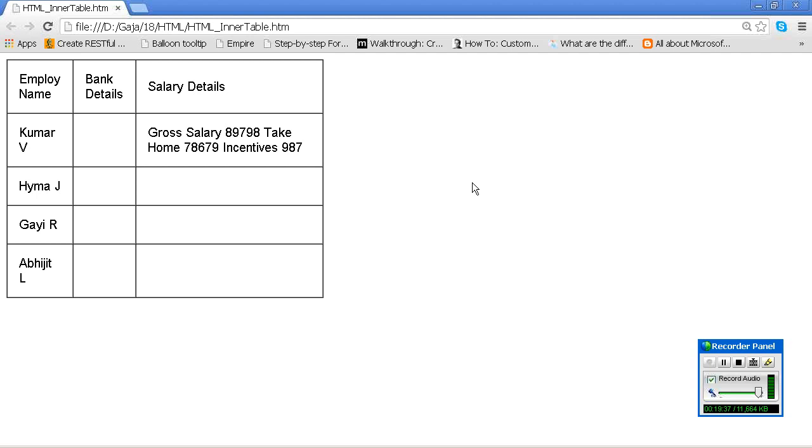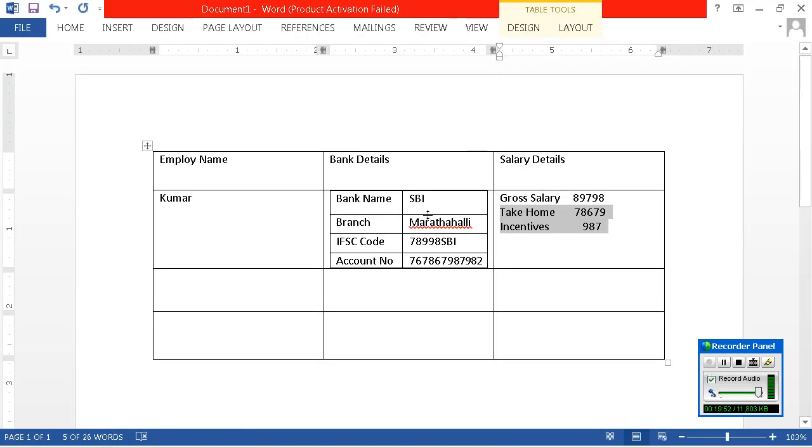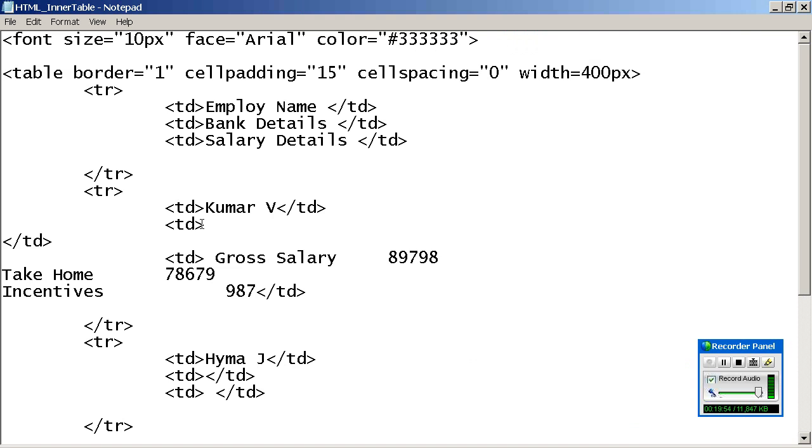Do you understand? Okay. Now I will tell you one thing. See, it is adjusting along with the data, but I want to fix it. I want each and every string to have a unique width. Then what can you do?